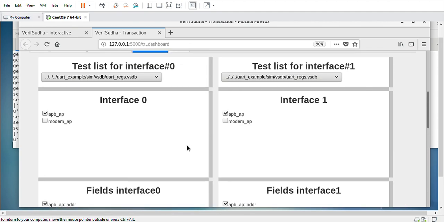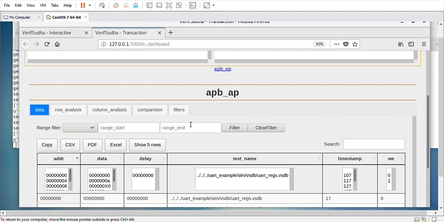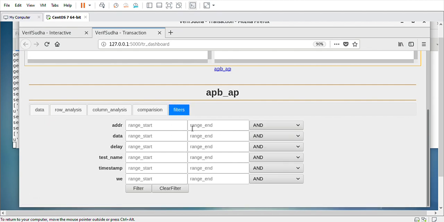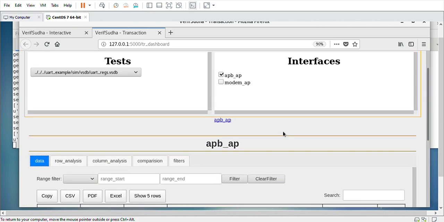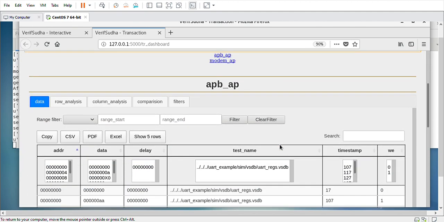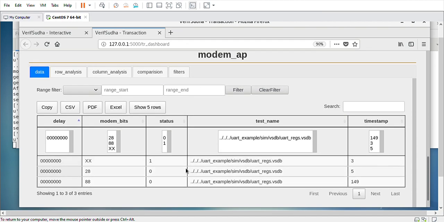And beyond that, here in the basic data tab, you are able to filter for only one field, but you have advanced filters where you can filter for any number of fields, and you can combine them with different types of expressions to build a complex filtering criteria. Another benefit is that when you have all the data available visually at the same time, it enhances the debug experience. So you can visualize multiple interfaces at the same time, and it will give you insight as to what has gone wrong.